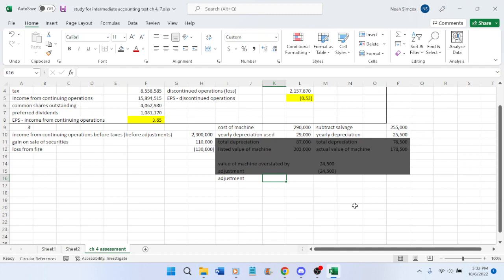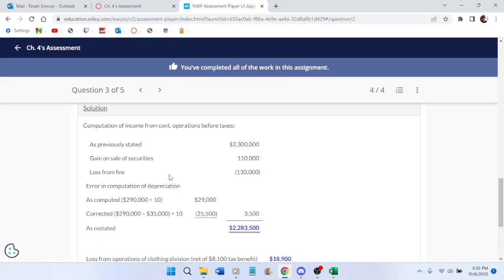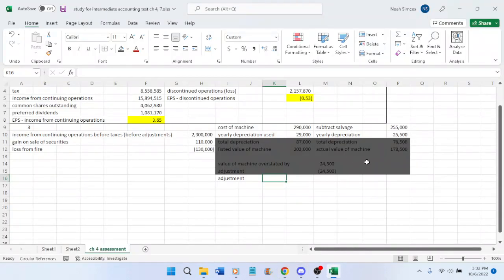Oh, everything is stupid. Yes, see, look, it's a positive number. It's a positive number. So that yearly depreciation for that year is 35, or the adjustment made is a positive of 3,500.